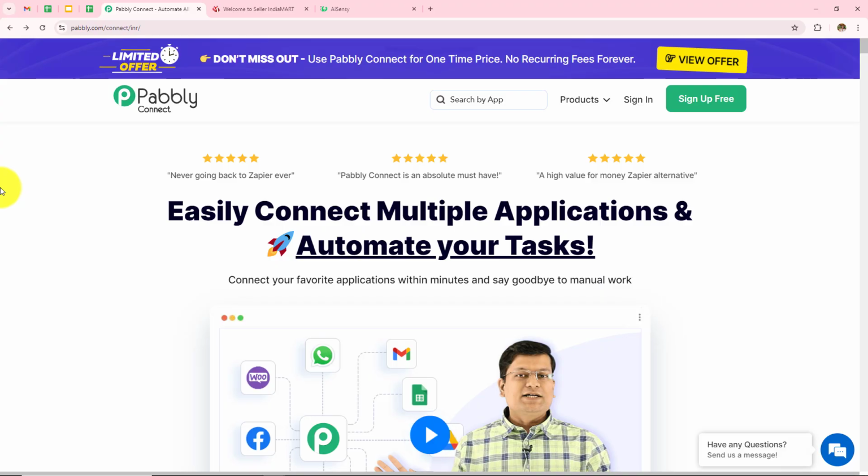If you want to learn this amazing automation step by step, then let me take you all to my screen. In this video, we are going to learn how to send WhatsApp message to IndiaMART inquiries for fashion, apparel and accessories. For this, we are going to create automation between IndiaMART and AI Sensei with the help of Pabbly Connect. So this is the landing page of Pabbly, and you can visit this simply by typing pabbly.com/connect